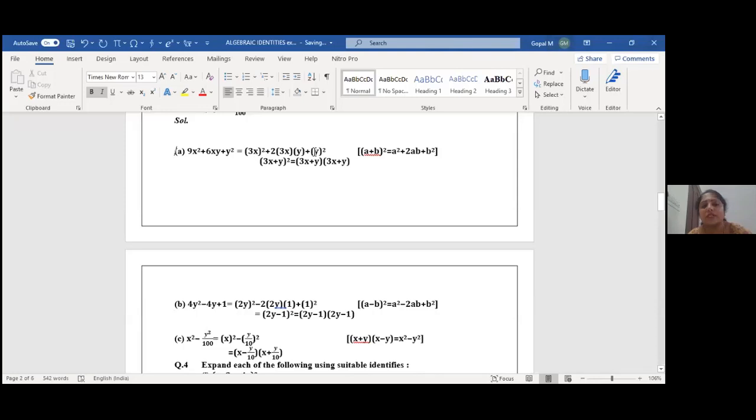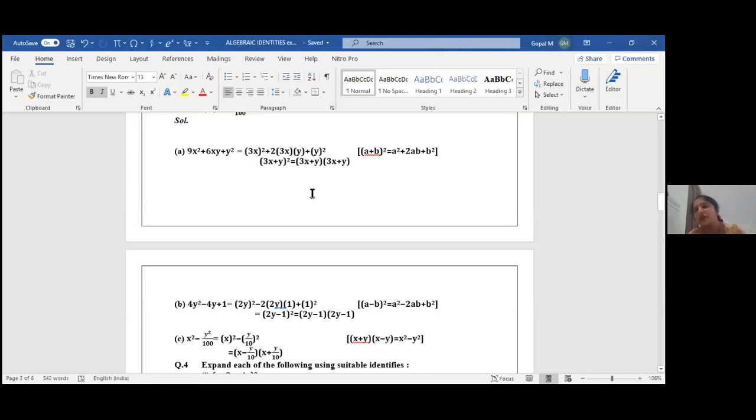Yes, ma'am. First term and last term, write in the form of a square plus b square if it is a perfect square. So 9x square is a perfect square, I've written it as 3x whole square. y square is also a perfect square, I write y whole square. Check in the middle term 2ab: a value 3x, b value y. If I'm getting 6xy, this expansion will be in the form of a plus b whole square. So I can write a value 3x and b value y, which means this is nothing but 3x plus y whole square. Any doubt in this one?